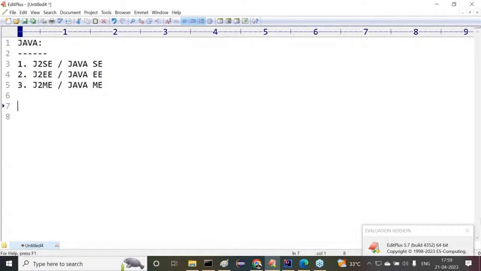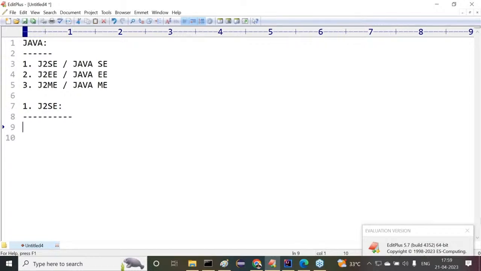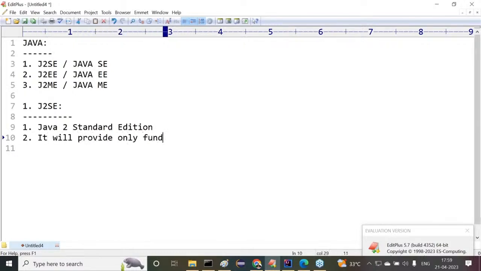Good, that's okay, fine. But what is this J2SE actually? What will it cover? What are we able to get from J2SE? Simple points, try to understand clearly. Java 2 Standard Edition, that's the abbreviation. What will it provide? It will provide only the fundamentals of the programming language. Only fundamentals of Java programming,